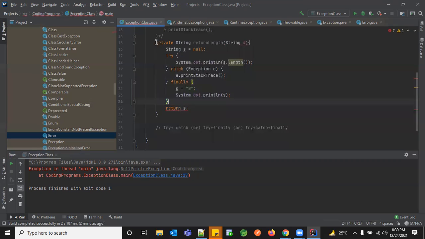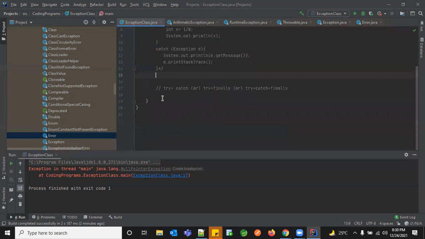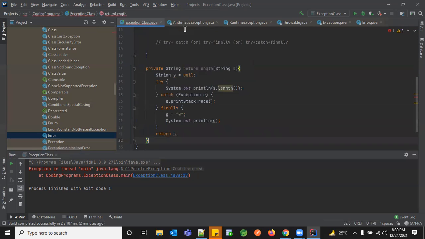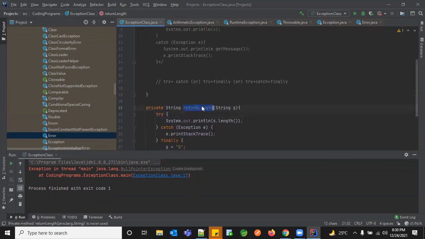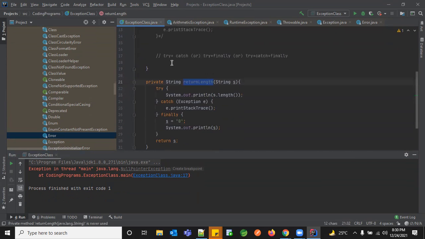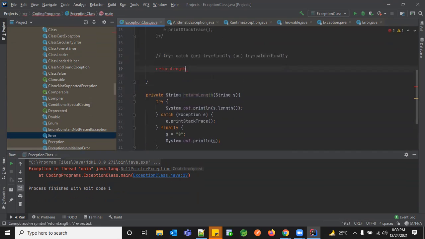I'm writing the main. Sorry. So now let me call this method from my main object. So I'm just giving null.